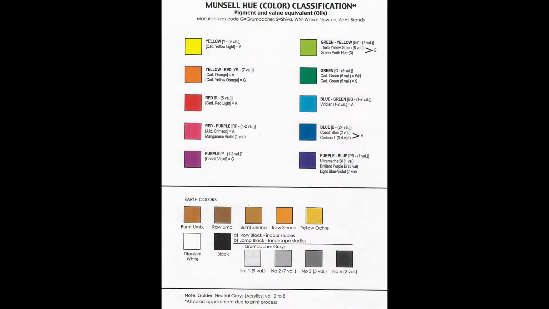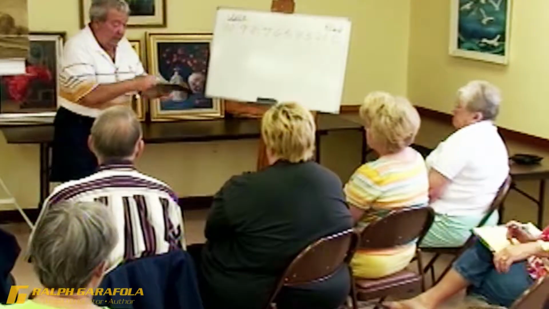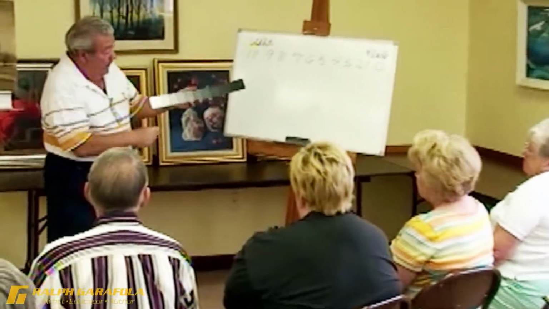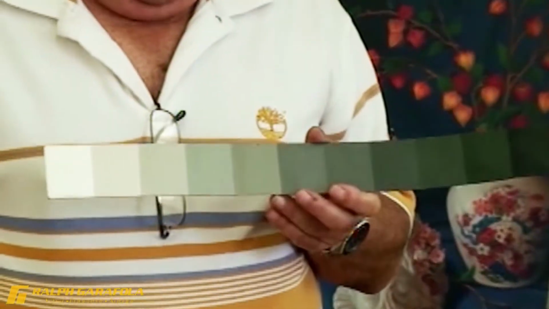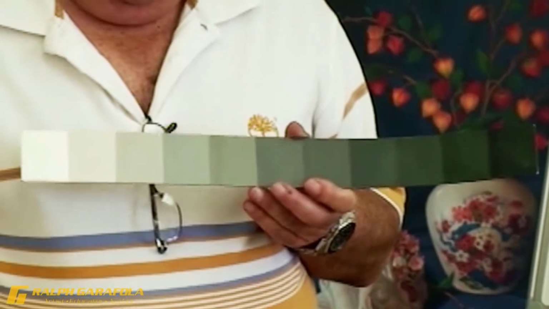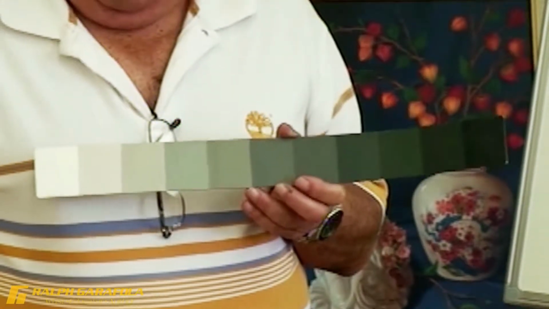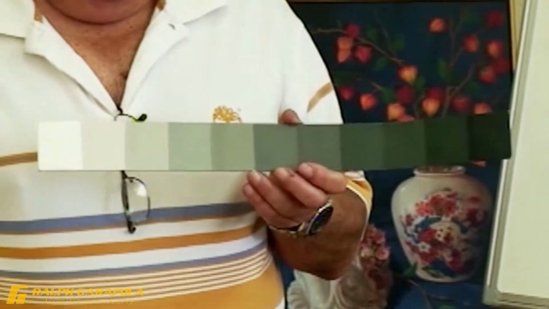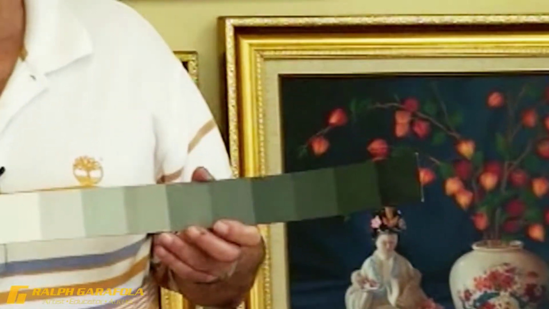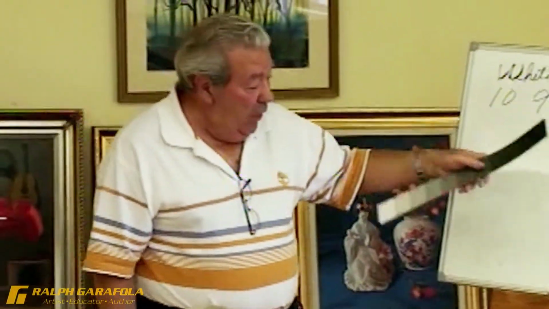This is extremely important. I don't care what else you do, here's the 9 equal values, from white to black, in 9 equal steps. All my students do this, just like I did in 1952. I still use it. Okay? 9 equal steps. This is your Bible. I don't care what you're painting or what the color is. The light and shade, this is what it is. And lo and behold,